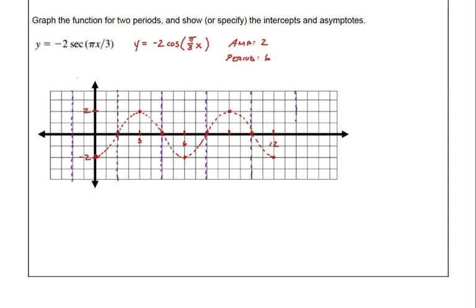And then, using the shape of the cosine graph, I'm going to draw my secant graph. So where this function has a minimum or maximum, that's where the U-shaped pieces of secant will exist. So I will draw those in. And again, I added one asymptote to the left of 0 and one to the right of 12 pi, just so I can finish those 2 U-shaped portions. And that's my negative 2 secant of pi x over 3